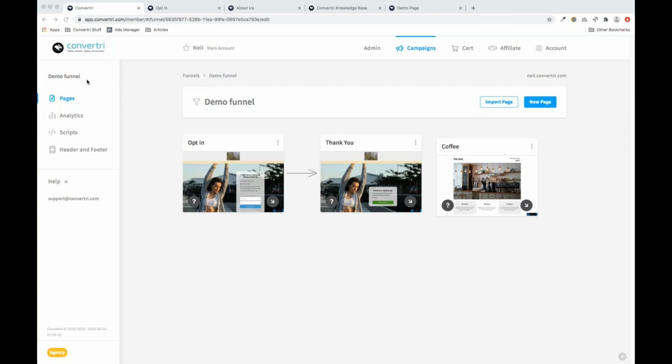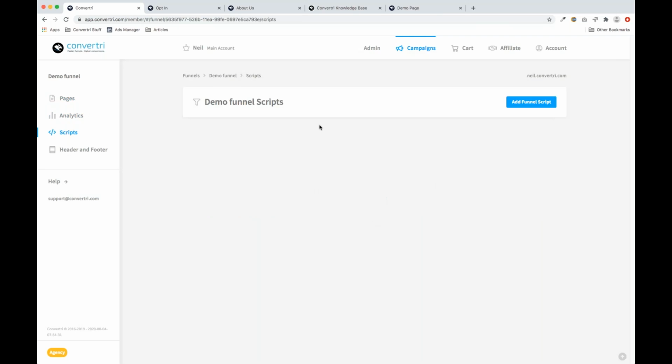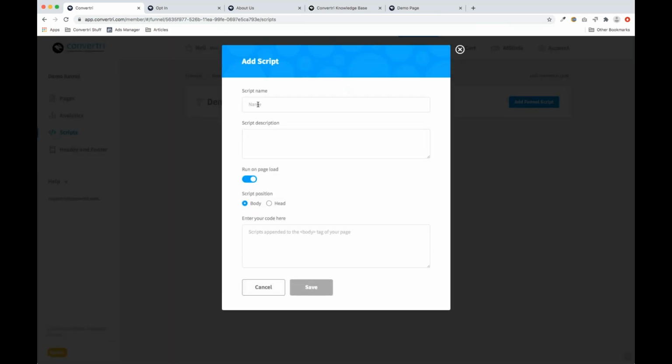So the scripts at the funnel level, you'll find them in the left-hand bar here. So click on scripts and again, add funnel script. And again, it's a very, very similar process to on the page. Add the name, add the description, choose whether it goes in the body or the head, and enter the code into the